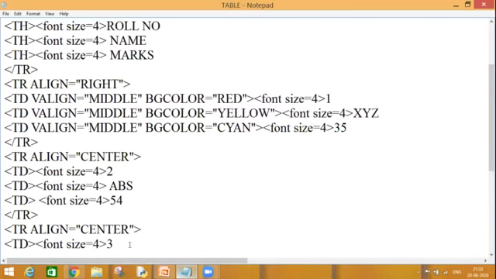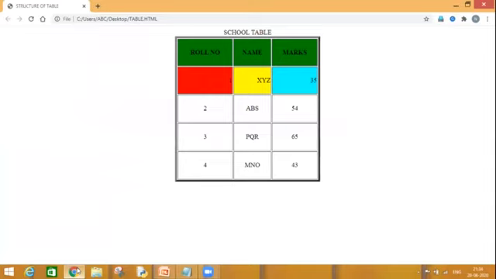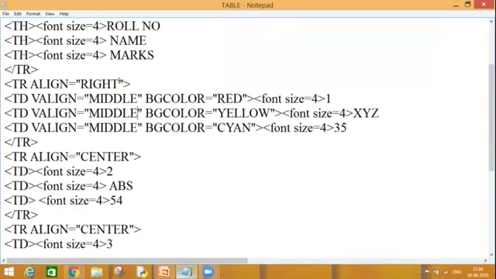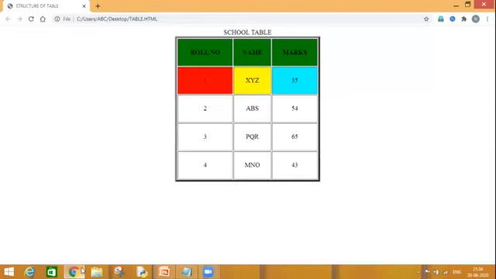And let's have a look again. The data is aligned to middle vertically. And if I change it again, that I don't want to make it right aligned, I want to make it center aligned, I can change it again and the data will reflect in this way.